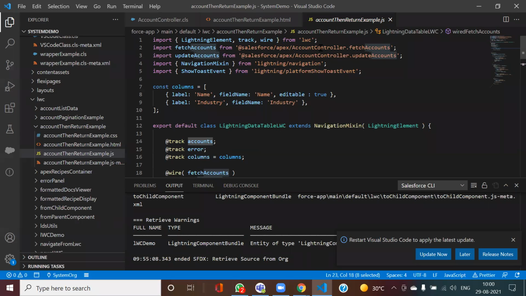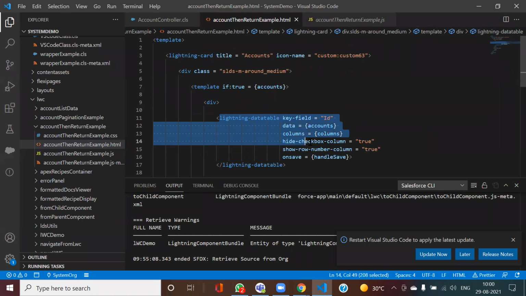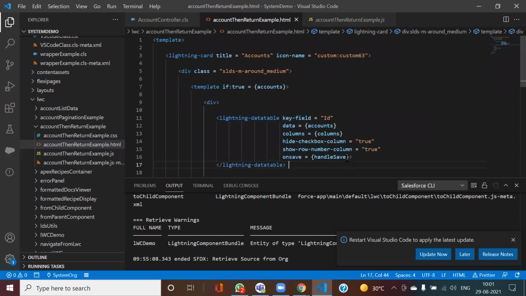Once this data comes, it is just displayed by the data table. So my data came into my page. Now on save, I want to call one Apex method which should update these accounts. So I have this method handleSave.